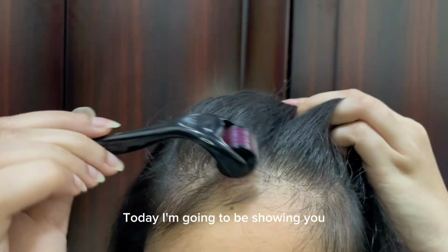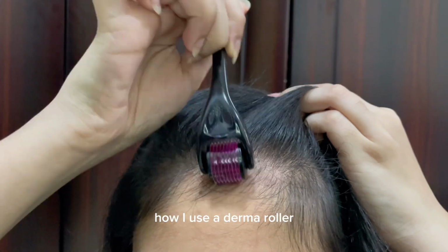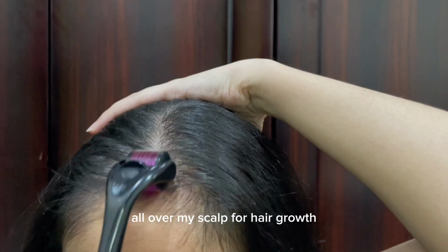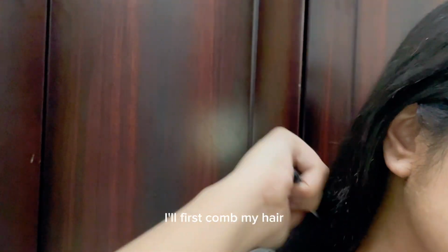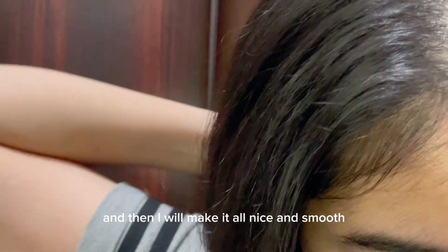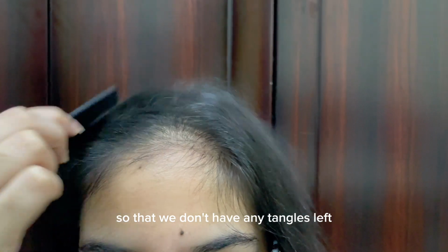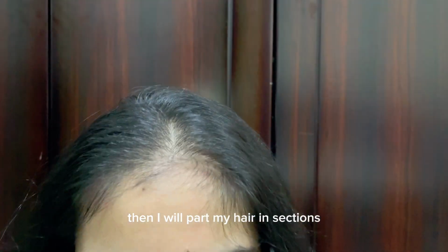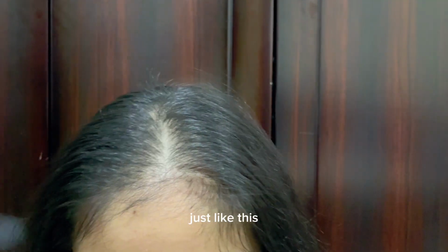Hi guys, today I'm going to be showing you how I use a derma roller all over my scalp for hair growth. So to start off, I'll first comb my hair and then I will make it all nice and smooth so that we don't have any tangles left. Then I will part my hair in sections just like this,